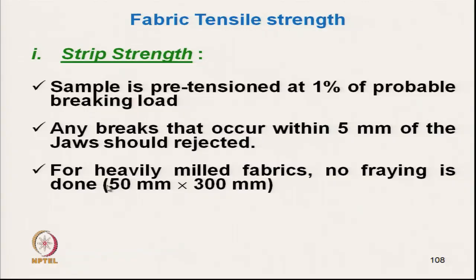due to extension. And for heavily milled fabric, where it is not possible to take out the threads, we do not need to fray out. So, in that case we do not take the initial width of the sample as 60 millimeter, we directly take 50 millimeter. So, directly our effective sample size we take, okay, and 300 millimeter, that is the size. Heavily milled fabric like woolen fabric, some felted fabric, for this type of fabric we can use 50 millimeter by 300